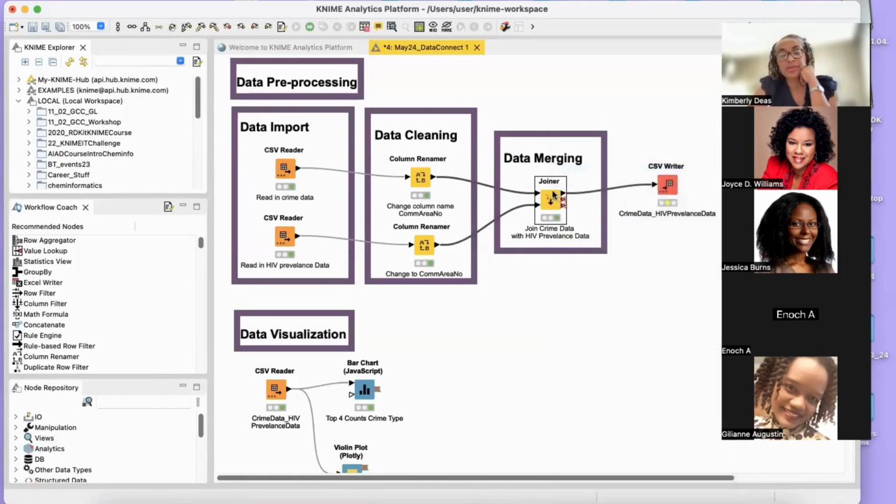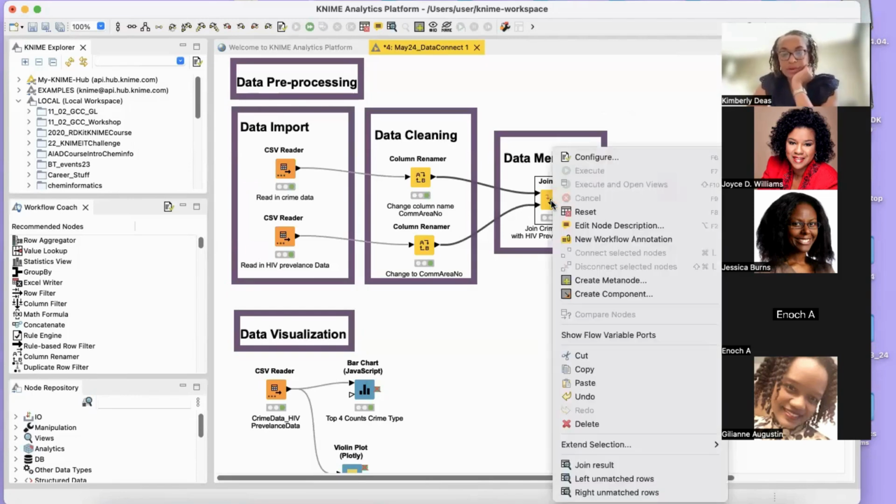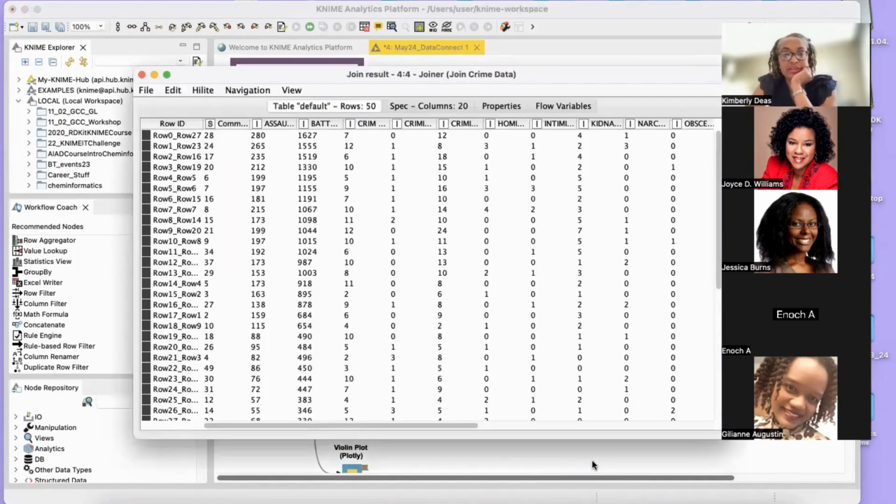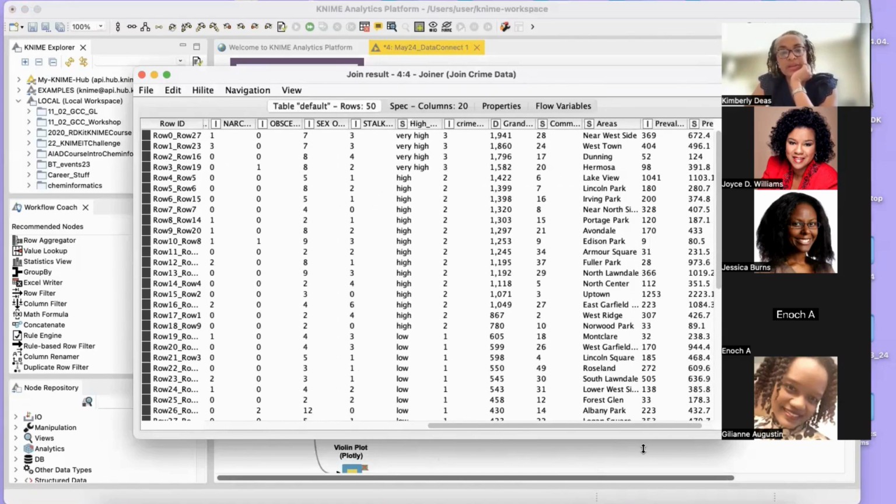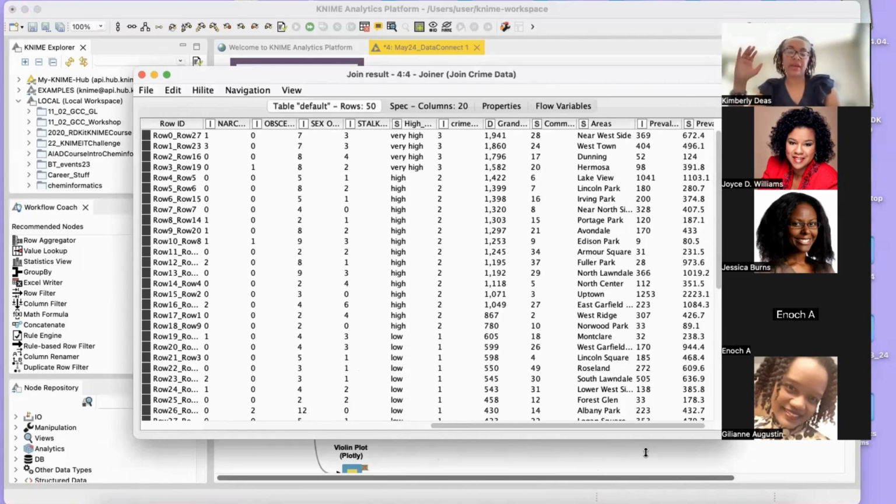And what will we end up with? Some folks have worked with SQL. Do you know what we'll end up with? What's going to happen here is it's going to join every column from our right and left spreadsheet that has that column in it. And our join result looks like this. We end up with 50 rows. What it did was add our crime data and the HIV prevalence data, tacked on the end. I wanted it all in one spreadsheet because I want to use that one spreadsheet to do data visualization from there.